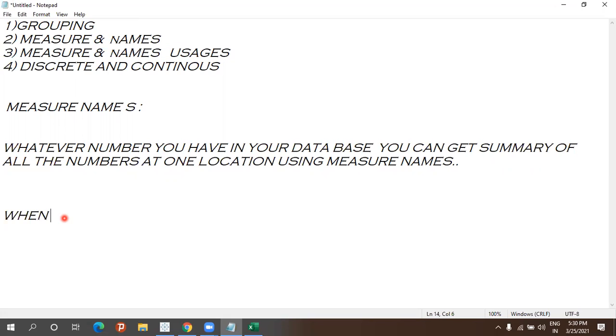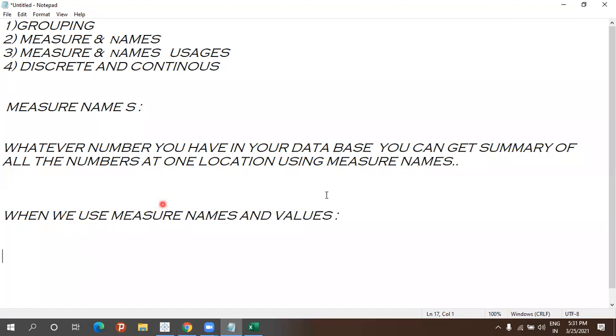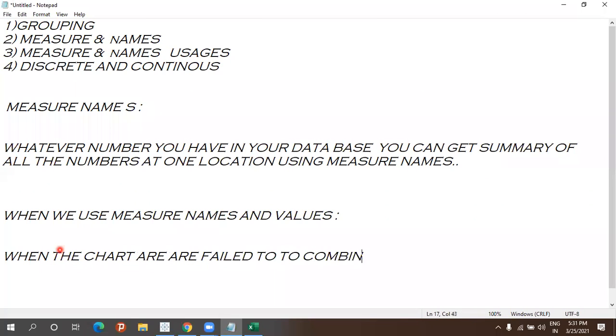We use them when the charts fail to combine. That is the time you can use them.